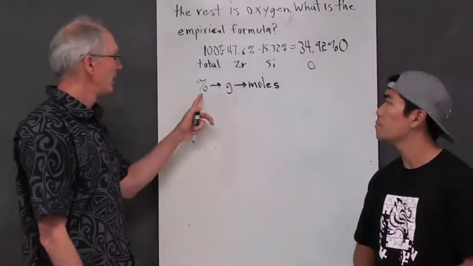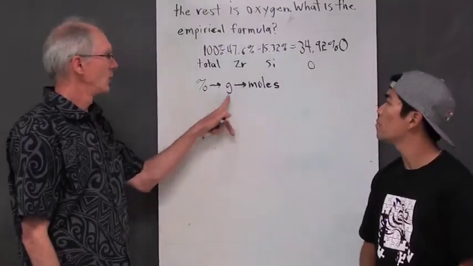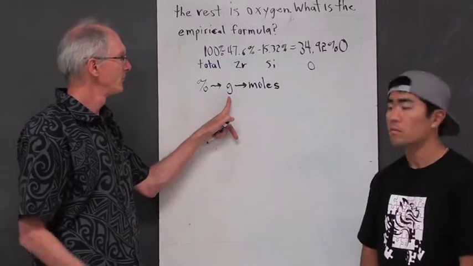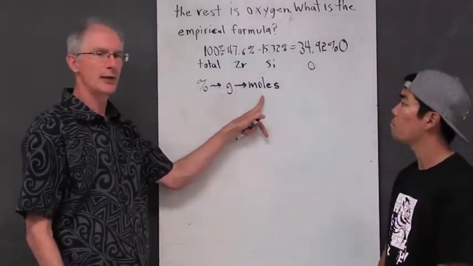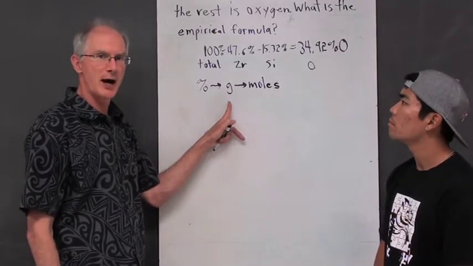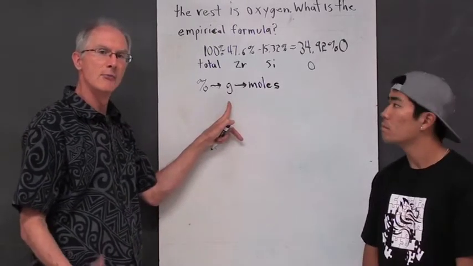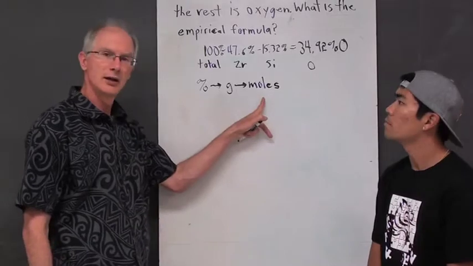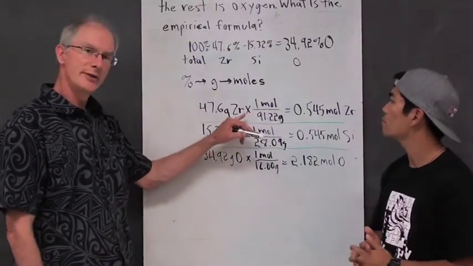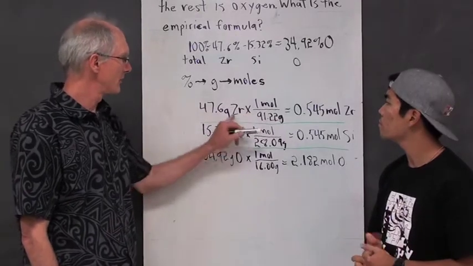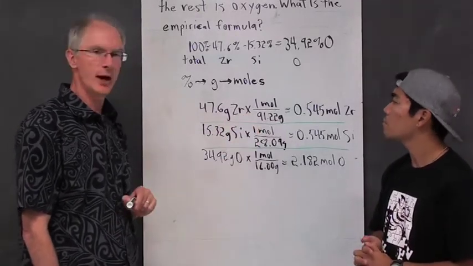So to summarize, we're given percents, we assume 100 grams, we go to grams, convert the number, and then we have to calculate moles. How do we calculate moles? Grams divided by the atomic mass, or the molar mass of the atom, gives us moles. And so we took the grams, and we used the molar mass of zirconium, which is 91.22 grams per mole,